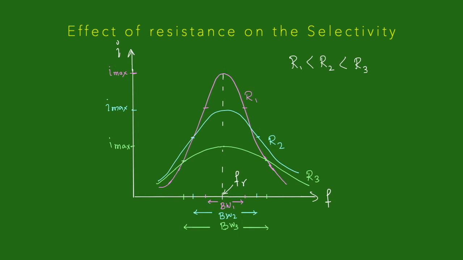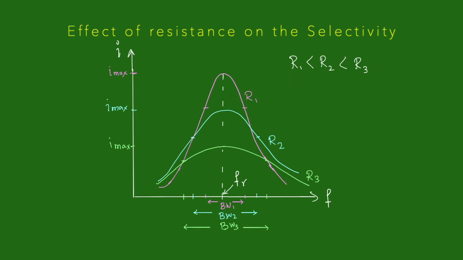And we don't want the mixing of broadcasting happening at other frequencies, and hence it is desired that if the frequency changes a bit, suddenly there will be a drop in the current in the circuit. To have a sharp resonance curve, it is essential to have pure resistance of a small value in the